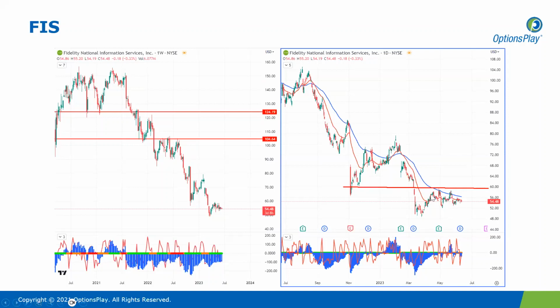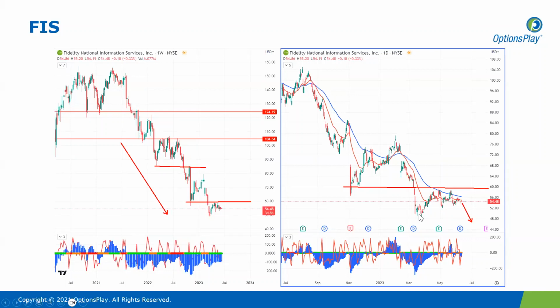Whereas a credit spread, because it has better exposure to neutral markets, this would be a very profitable idea. And it also still gives you that exposure for a bearish leg as well. So our thesis for Fidelity was bearish due to the fact that this is a long-term bearish trend. Price continued to find resistance at previous areas of support, and that happened quite recently at the $60 level.